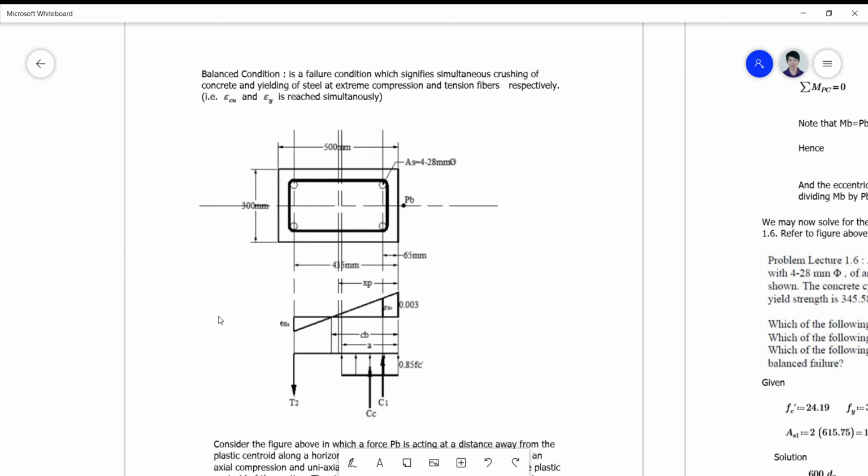But for some situations wherein a section is symmetrically loaded and symmetrically reinforced, the section is symmetrical and it is symmetrically reinforced. The location of the plastic centroid falls exactly at the geometric centroid. Okay, so that is if